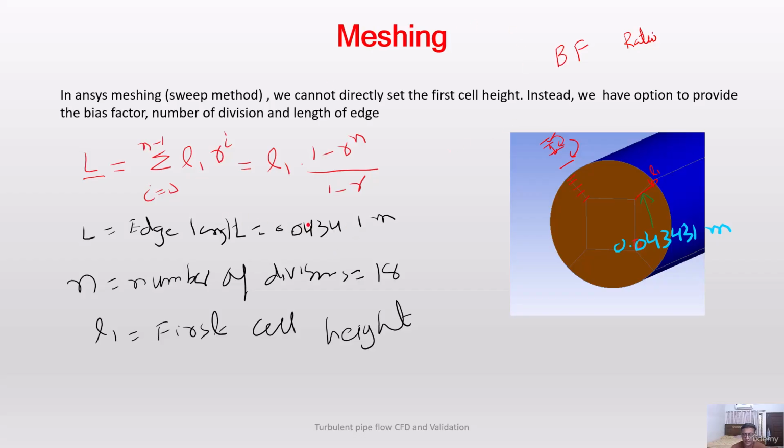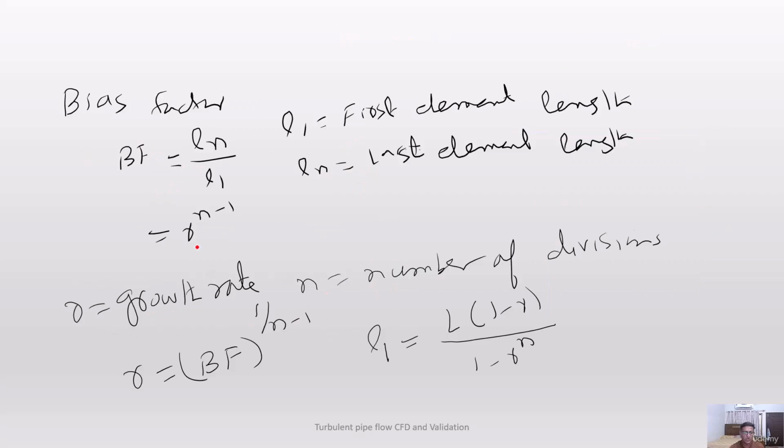Okay, so the edge length of the mesh I'm going to make right now is 0.0434 meter, and the number of divisions I want is right now 18. So the first cell height is L1. From here I use a biasing factor formula, that is